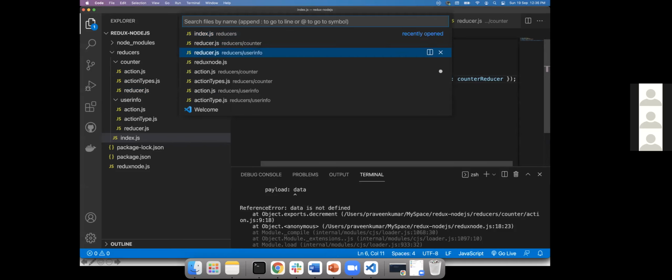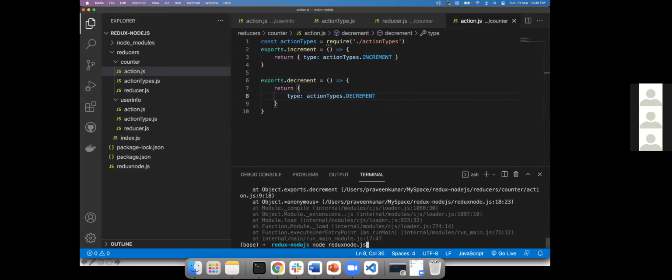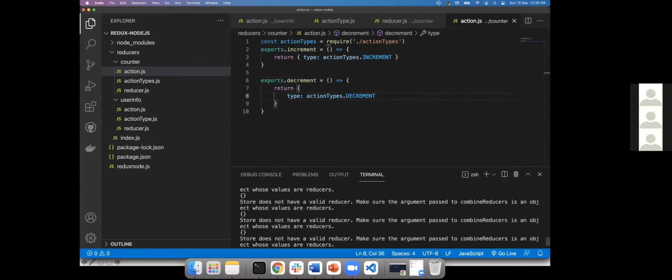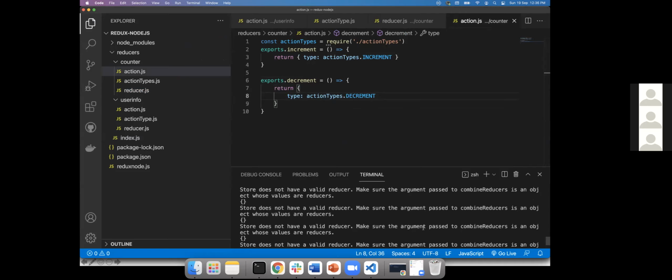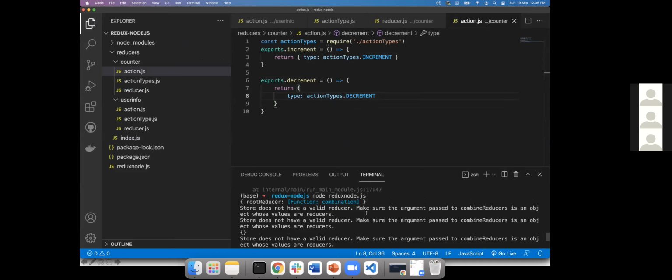Okay, so now it's working. There is some error coming. That's okay. We don't need a payload at all. That's why the error is coming. Okay, make sure the argument passed to combineReducers is an object. Okay, what is this? Store does not have value reducer. Make sure the argument passed to combineReducers is an object. Those values are reducers.